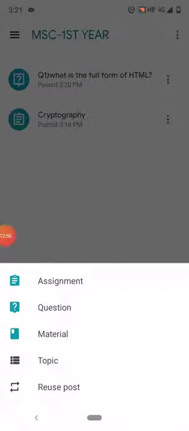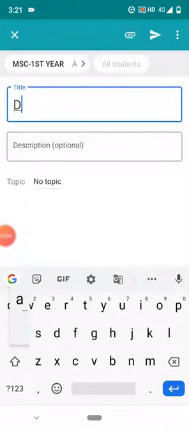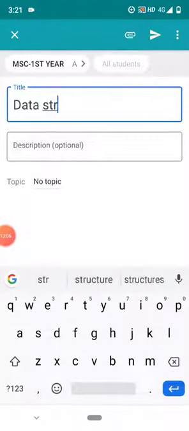The next one is material. This is the next option. Which material you want to share with your class, you can do. You can mention the title here, like data structure. Again, description is optional.